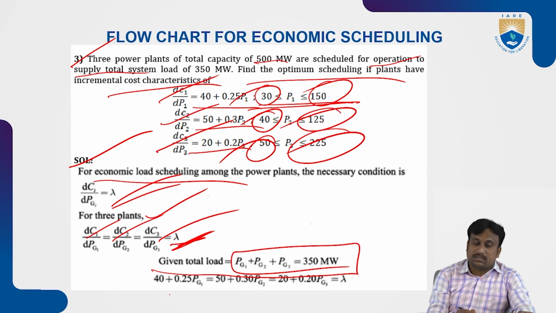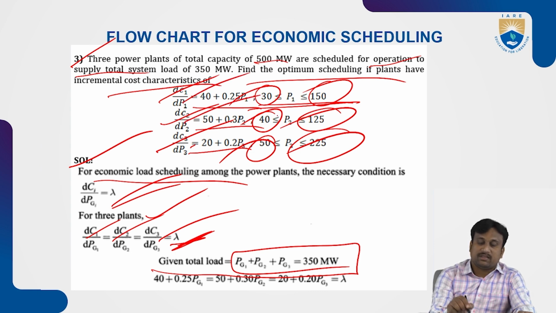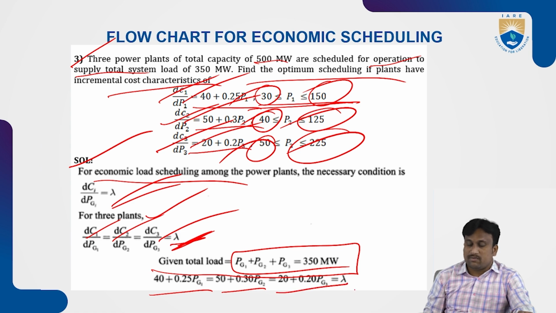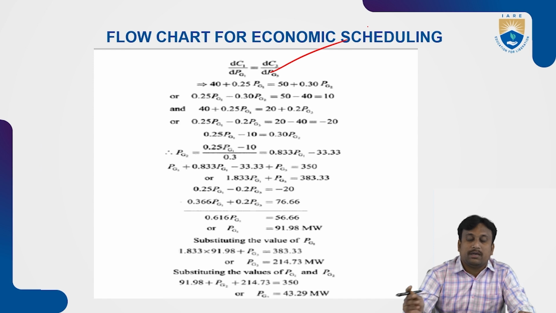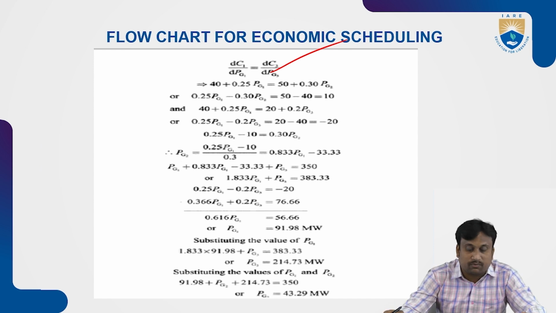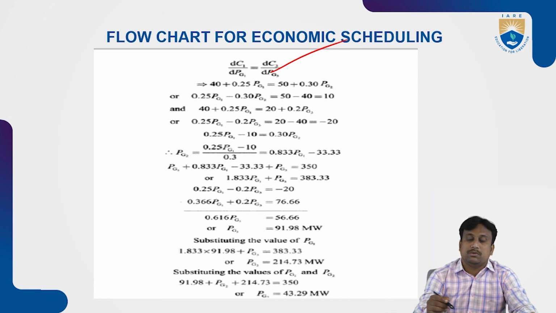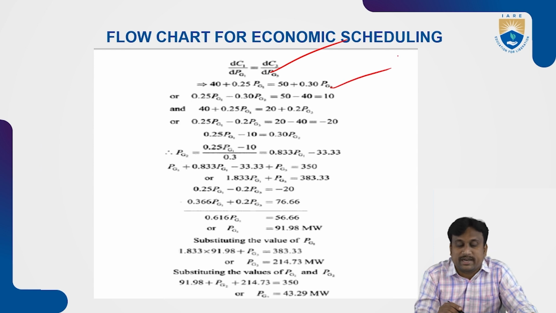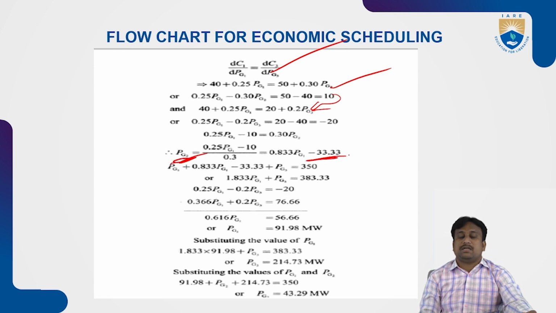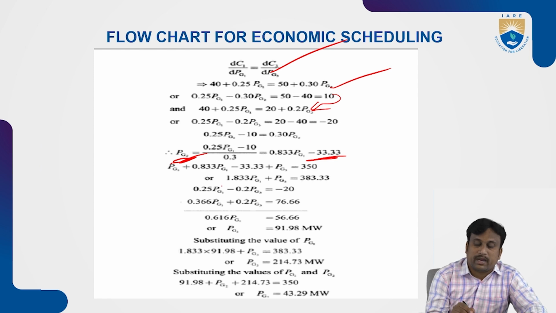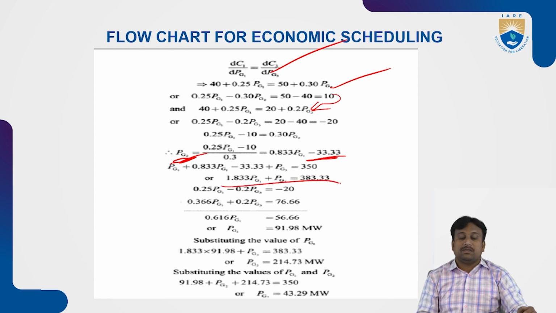So when you equate these coefficients, first one, second one, third one, as 40 plus 50 plus 20 equal to lambda, then dC1 by dPg1 equals dC2 by dPg2, which equals 40 plus 0.25 Pg1, and this is equal to the second expression. If you simplify this condition, you may obtain the Pg2 value, that is about 0.833 Pg1 minus 33.33,